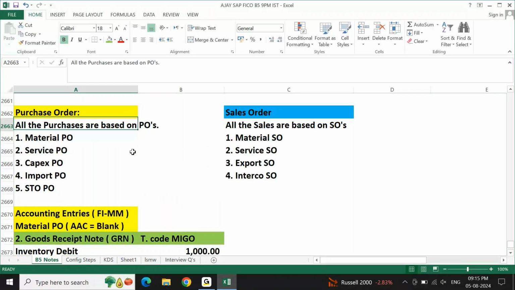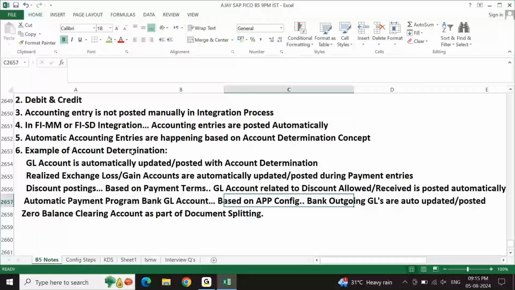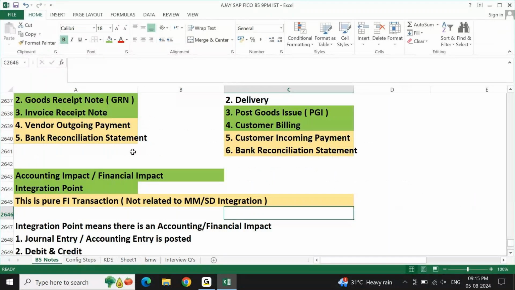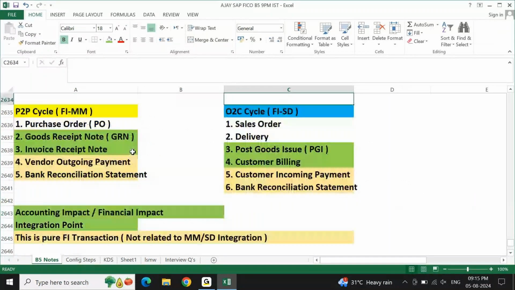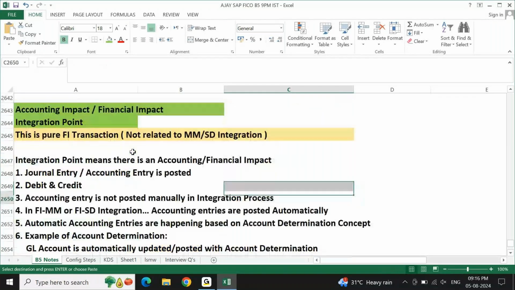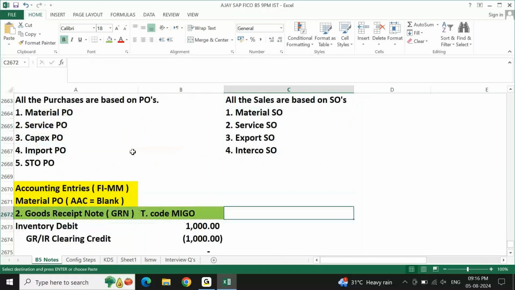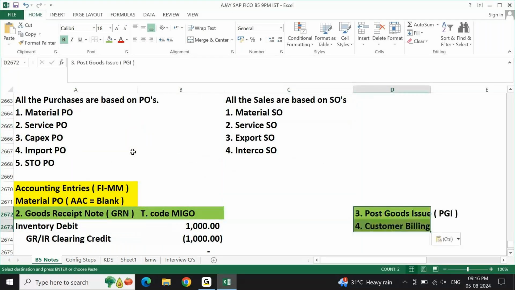Similarly, you have FI-SD integration. In the FI-SD integration, we were talking about there is an accounting impact only in two situations, PGI and billing. One is at the PGI, another one is at the billing. We were talking about only two types of sale there. What I will list here is,